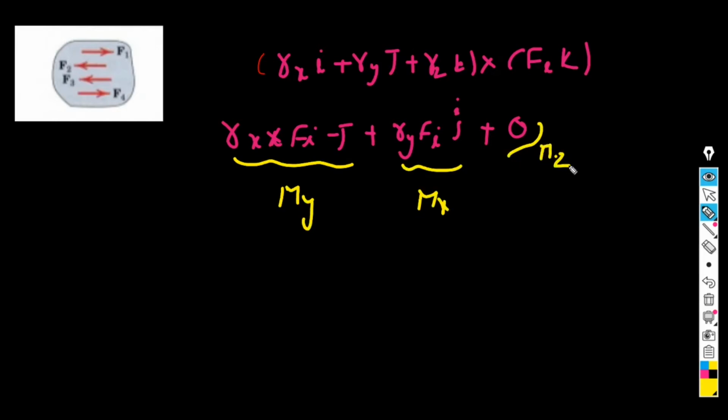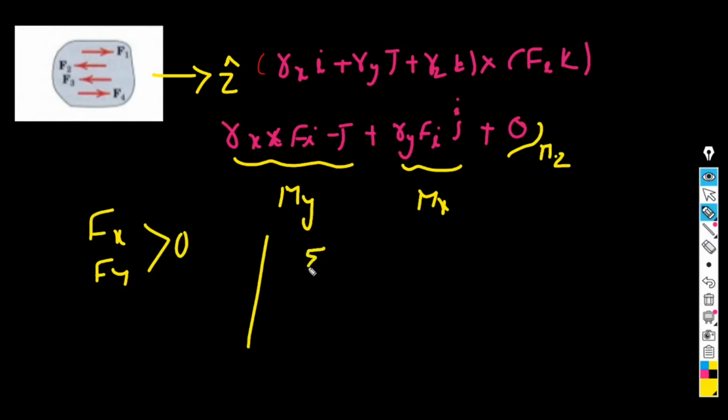And for forces, I would have only forces along the z axis in this case, and the forces along the x axis and y axis are already equal to 0. The number of independent equations in this case is the force along the z axis equal to 0, the moment about the y axis equal to 0, and the moment about the x axis equal to 0. We have only 3 independent equations if the forces are parallel. The other 3 are dependent equations, they already satisfy the equilibrium condition.